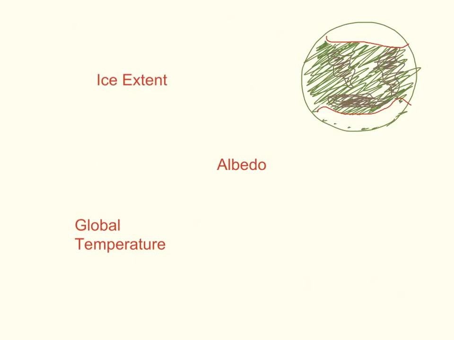Albedo feedback is an obvious positive feedback system in the Earth system. The way the ice-albedo feedback works is we can consider our planet here. This is not Earth, but a planet that's very similar to Earth. It has ice at both of the poles, and the ice has a very high albedo, meaning that solar radiation that tries